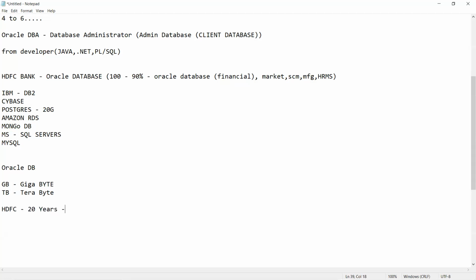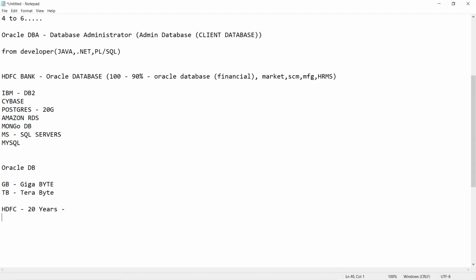From the past 20 years, year on year, the bank data will increase. The customers will increase. The transactions will increase. So HDFC wants to maintain all the data in its databases. Today's transaction, yesterday's transaction, or 3 months of transactions you will get as a mini statement. But if you ask for historical data, like I need 5 years of statement, or 10 years of statement,